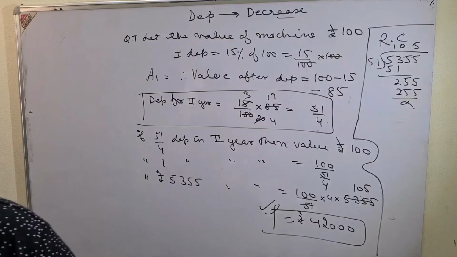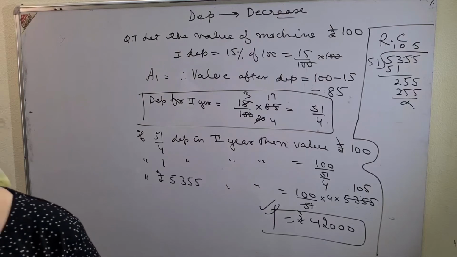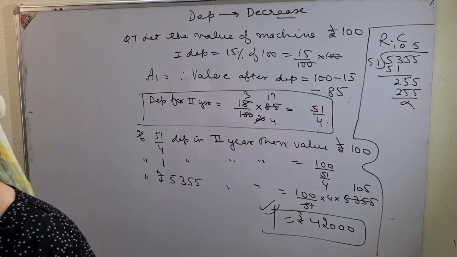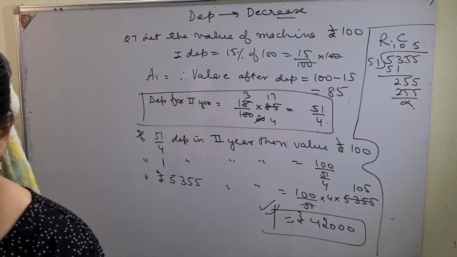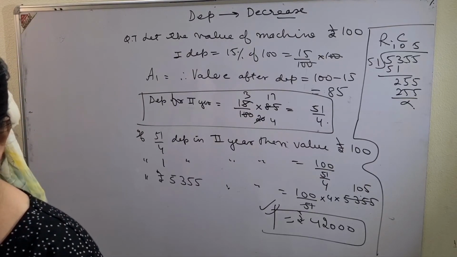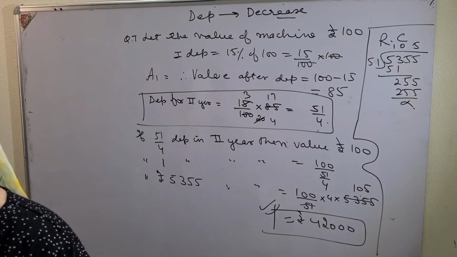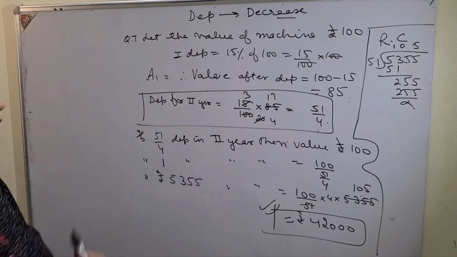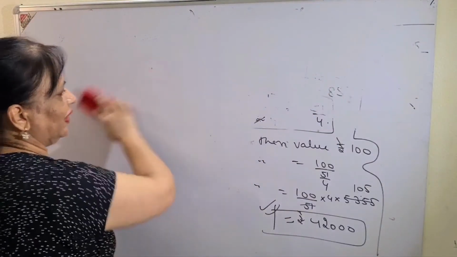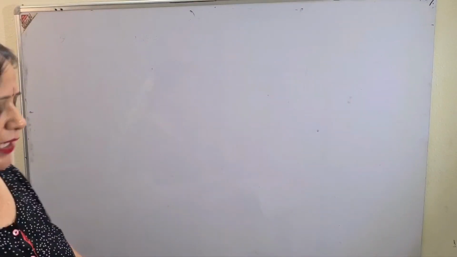Now coming to question number 10 of the same exercise. All others are the same, and your doubts are most welcome. Before that, for question number 9, I'll make the language clear to you. Please read along with me. 9th question, page 33, exercise 2B. A man saves rupees 3,000 every year and invests it at the end. Please underline this line. Invest it at the end means amount 1 is 3,000. Just identify the words, it will be more clear to you. End means amount.